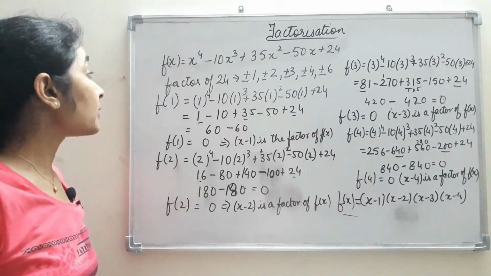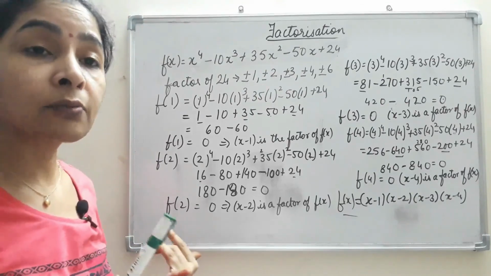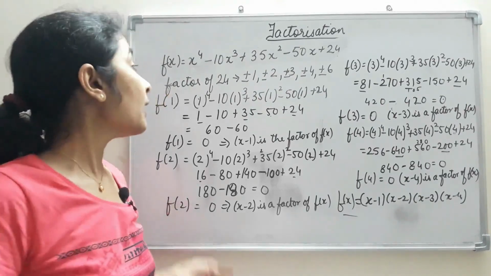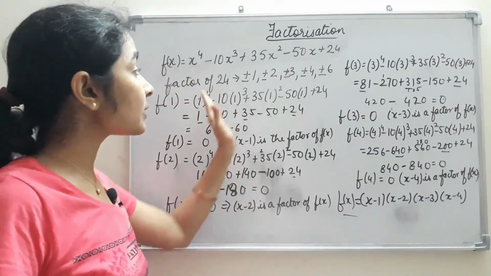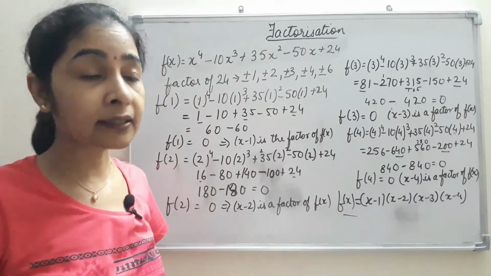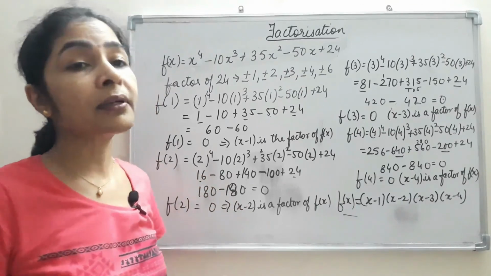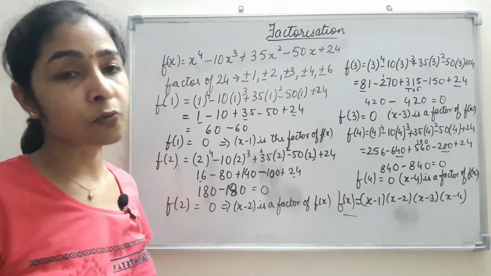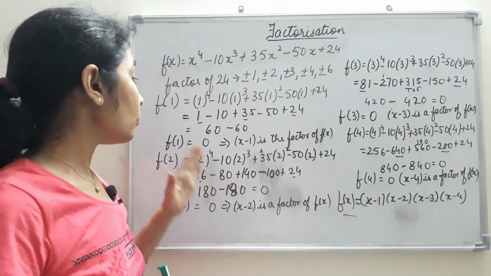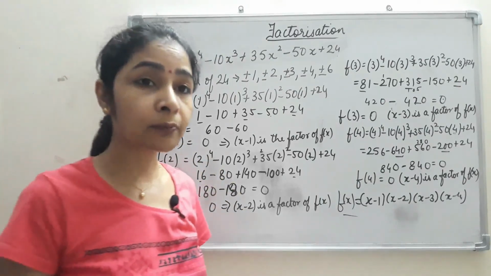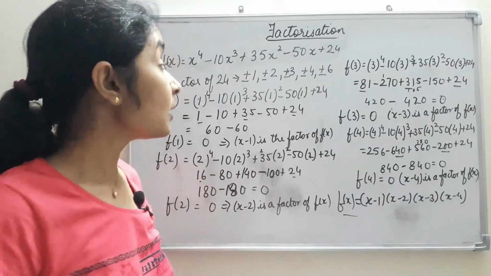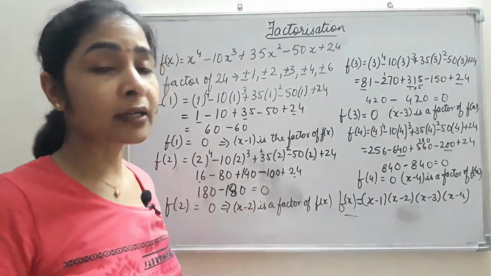So I hope you understood by doing using both factor theorem and division method, as well as if you want to use the factor theorem only, then also you can just do it by trial and error method. It can take time, but if we do by division method, then it is more convenient. Okay, so this was the thing, using factor theorem, how to find out the factors of the cubic polynomial, biquadratic polynomial, and hope you understood it well.